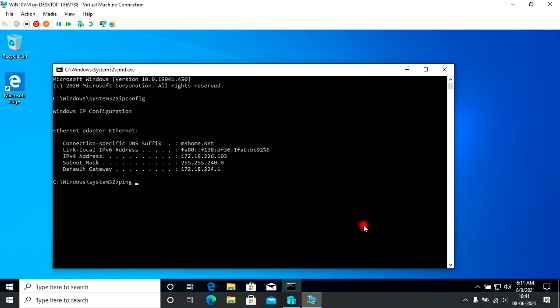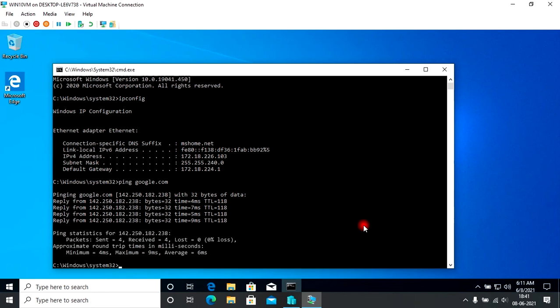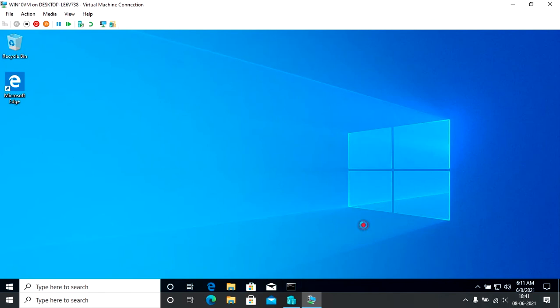If I do the ping google.com, I am able to ping Google, which means I am able to reach the internet. And here my Windows 10 virtual machine is ready for use.